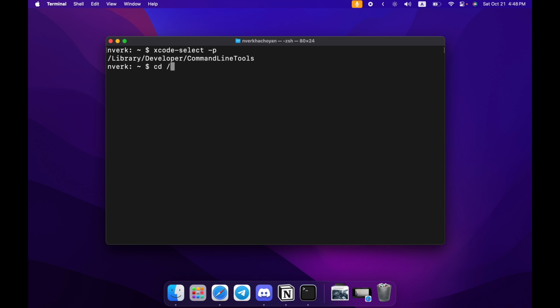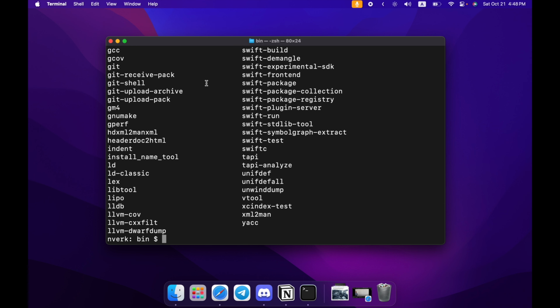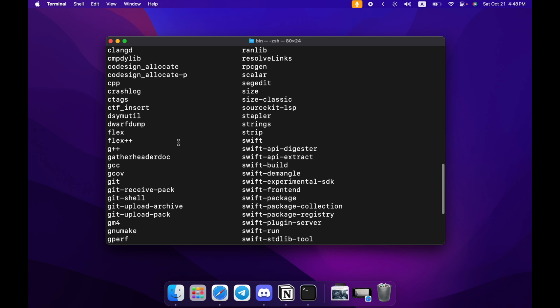We could go to that path. You can see that you just type the first few letters, hit tab, and it gives you the entire name of that directory, which is useful to speed things up. We're going to cd into the user, we're going to cd into bin. This is just to demonstrate the number of command line tools. We can see there are a lot of tools here,